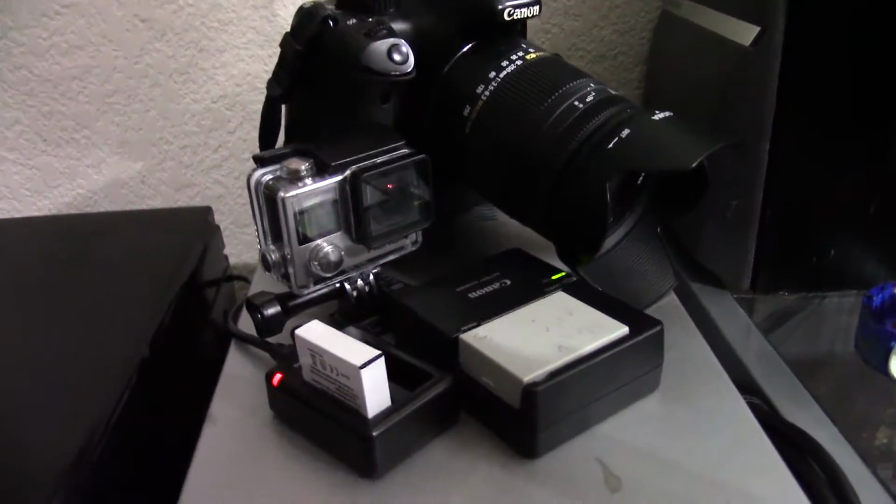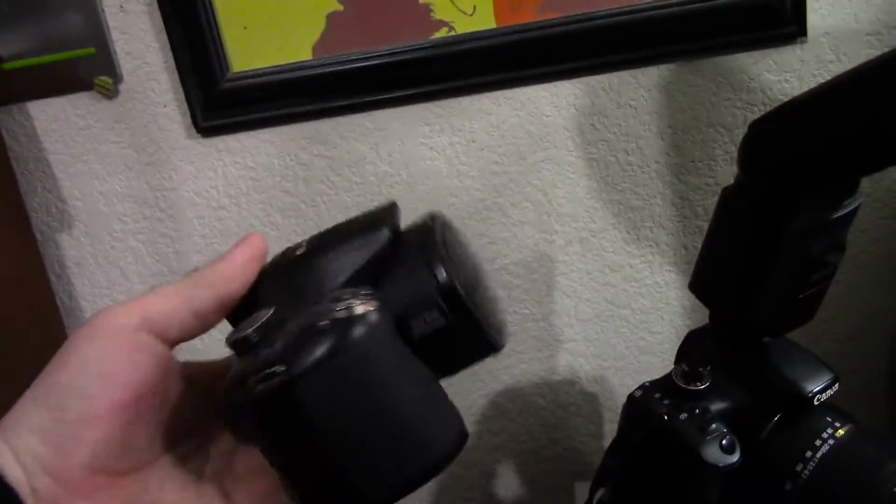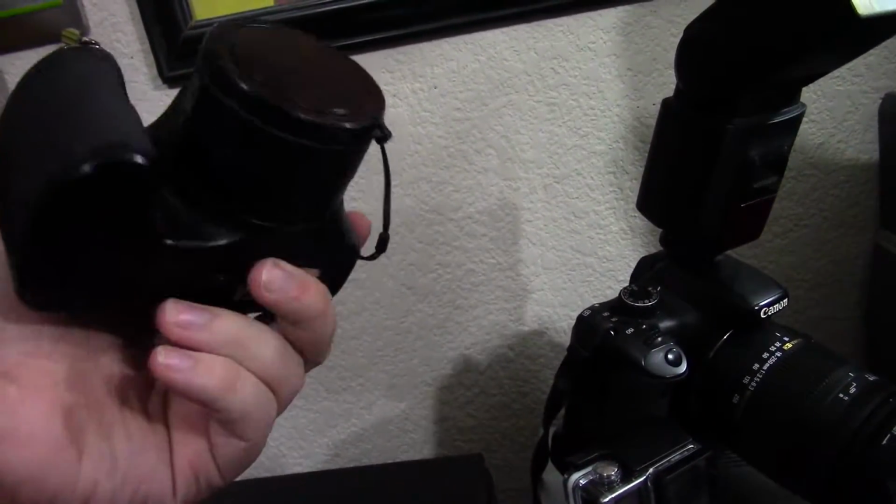So first, I'm going to show this so I can actually start moving it around. These are just my favorite cameras that I have, my DSLR and my GoPro. I've got plenty of other ones, like this one that I bought in 2008 that's slow motion and is basically worthless now. Oops. So I've had some major changes to my setup lately, the most obvious of which would be this microphone